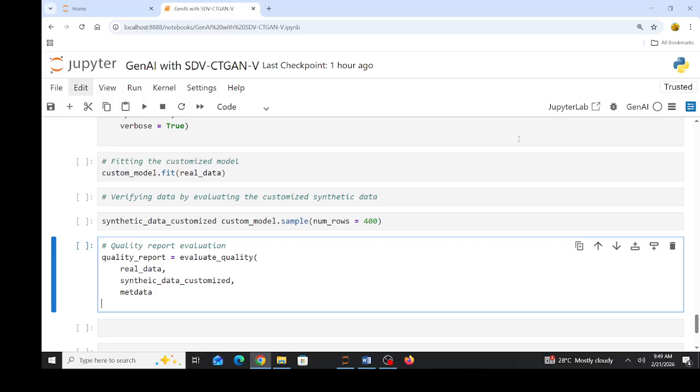And close the parenthesis. Okay, let's go back to the model and